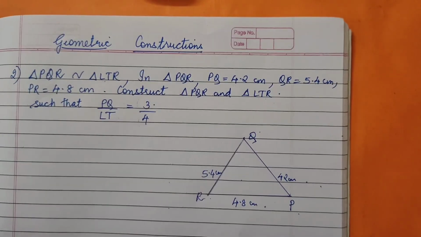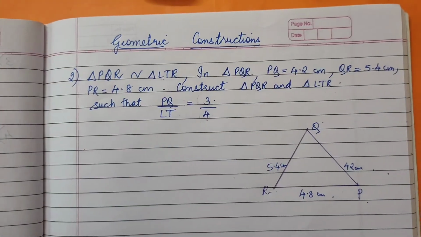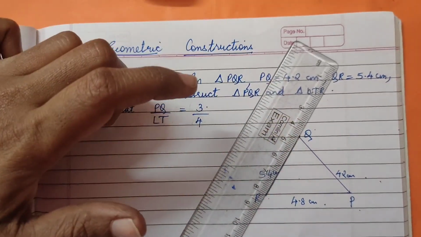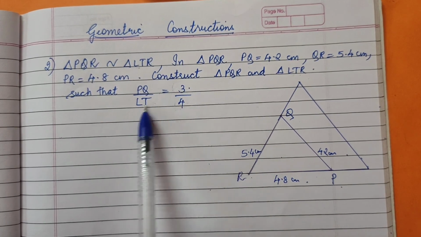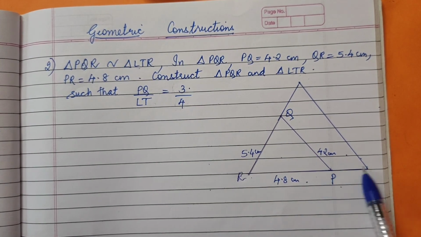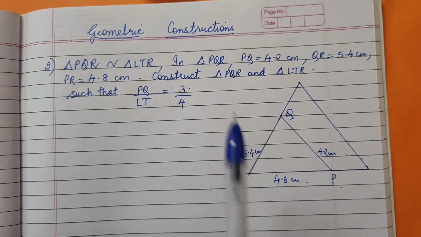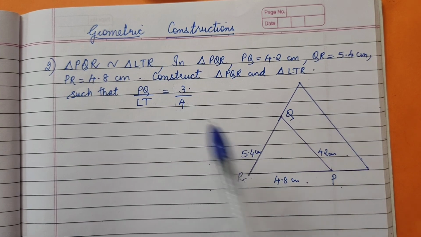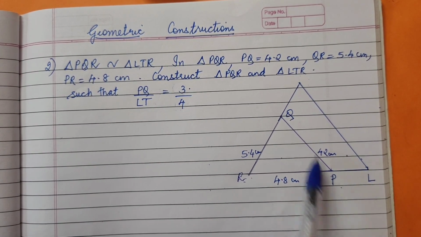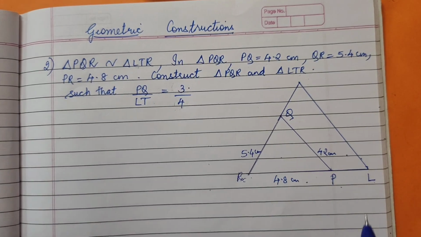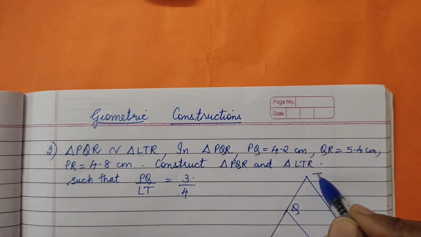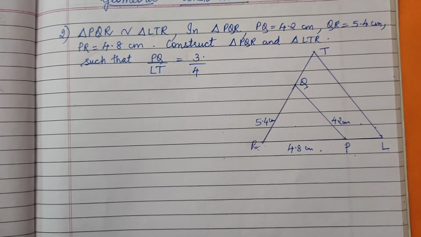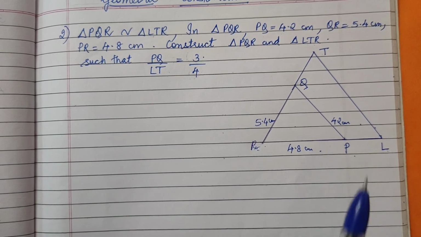तो ऐसा जब भी बड़ा बोल देते हैं तो हम एक्सटेंड करेंगे. इधर से रफ डायग्राम में ड्रॉ कर रही हूँ. So I am going to extend this one. So बड़ा LTR जो ट्राइंगल होने वाला है that is big. So that's a reason I have extended here also, I have extended here also. Now again naming it PQR. How we have named it? PQR. So our name also comes like this, LTR, so that there won't be any mistake. क्लॉकवाइज नेम कर रहे तो हम दूसरे ट्राइंगल को भी क्लॉकवाइज. एंटी क्लॉकवाइज means this also anti-clockwise. So this is very important to understand.